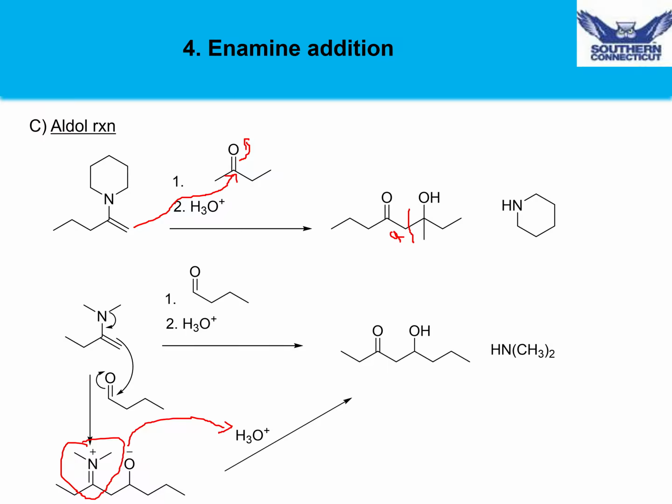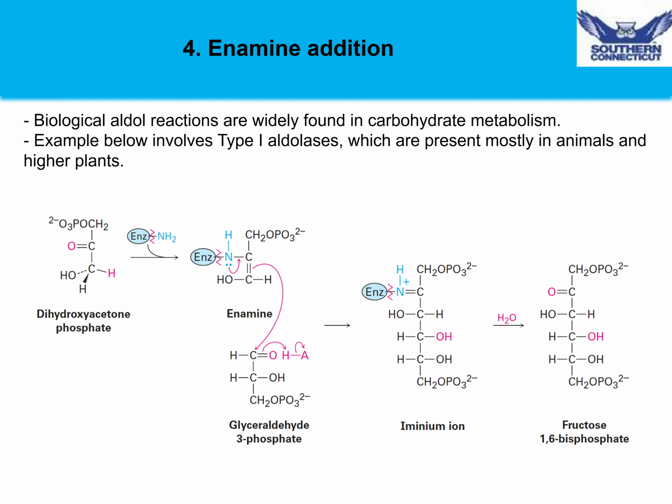Again, notice this secondary amine is related to the nitrogen that we have in the enamine. The nitrogen picks up a proton to become that secondary amine. There are many examples of biological aldol reactions involving carbohydrates. Here's an example using this ketone reacting with an amino group on an enzyme, an aldolase enzyme, which will form an